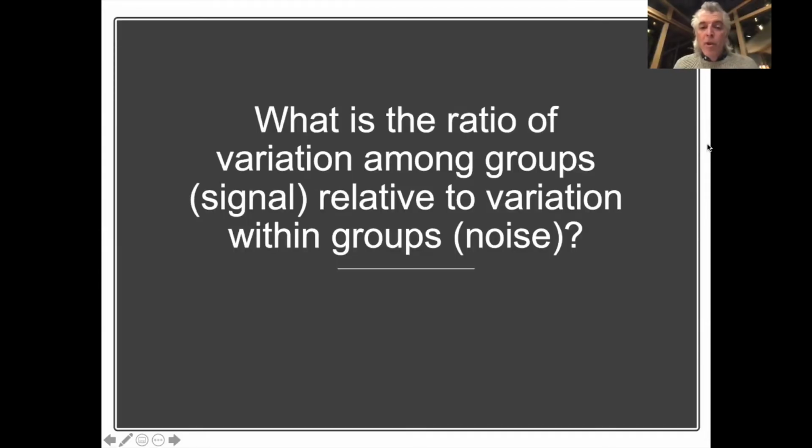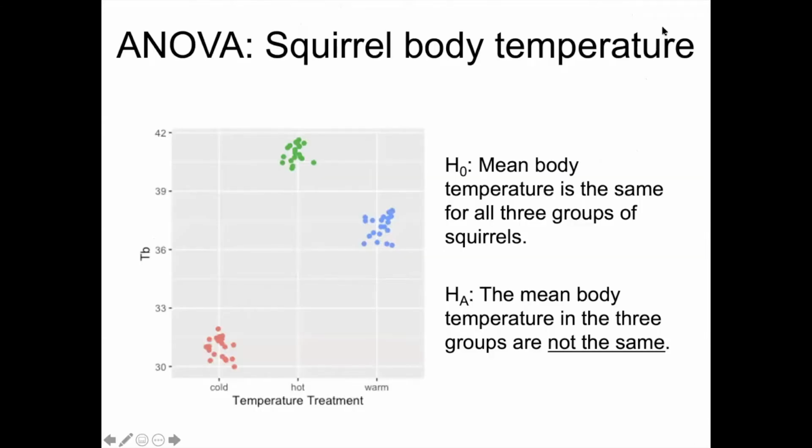So when we perform an ANOVA then, we're asking this basic question: what is the ratio of variation among groups relative to the variation within groups? That is, what is the strength of the signal relative to the amount of noise or uncertainty? Okay, so let's walk through a basic example then of a study that measured the body temperature of round-tailed ground